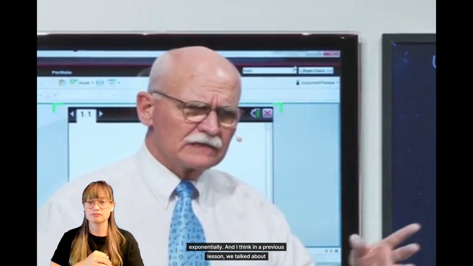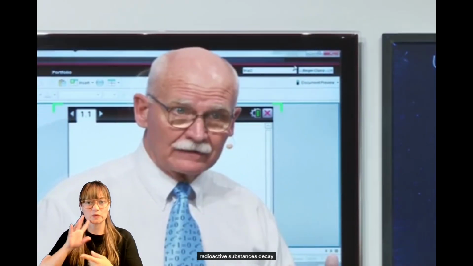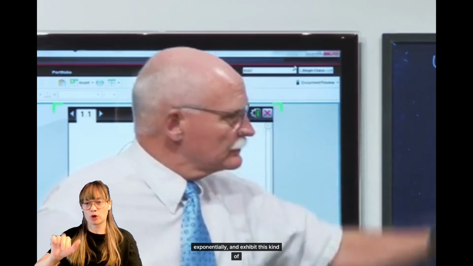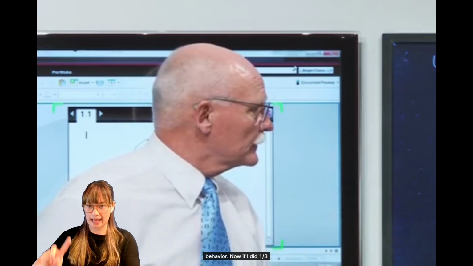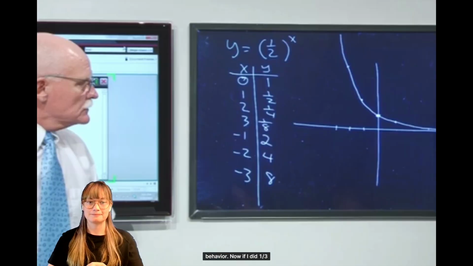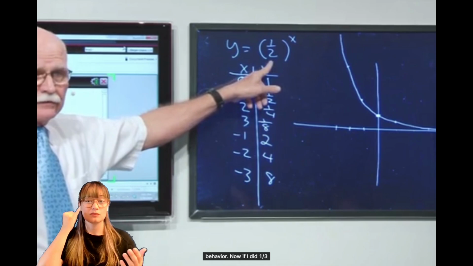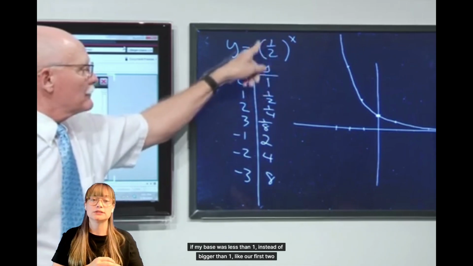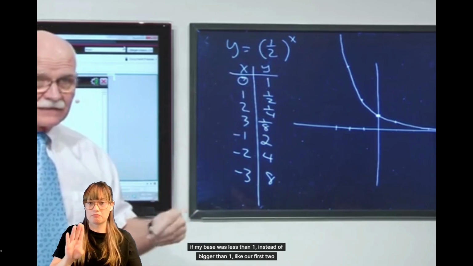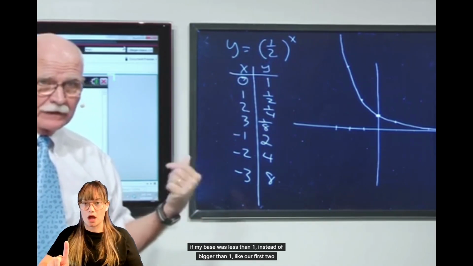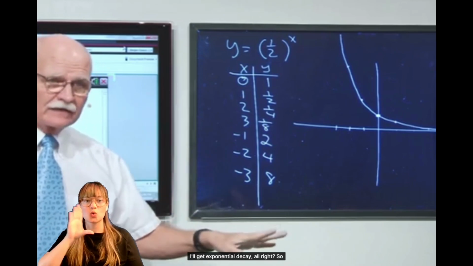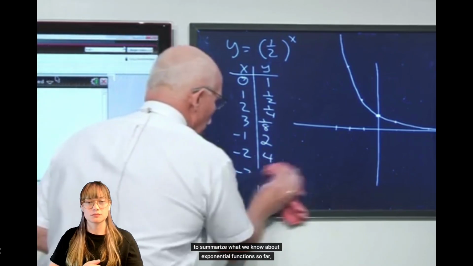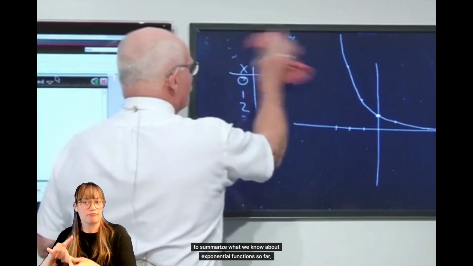And I think in a previous lesson we talked about radioactive substances decay exponentially and exhibit this kind of behavior. Now, if I did 1/3 to the x, if I did 0.1 to the x, if my base was less than 1 instead of bigger than 1, like our first two examples, I'll get exponential decay. All right? So to summarize what we know about exponential functions so far,